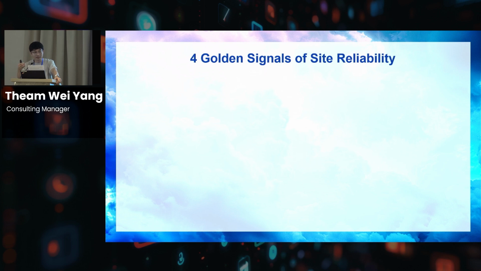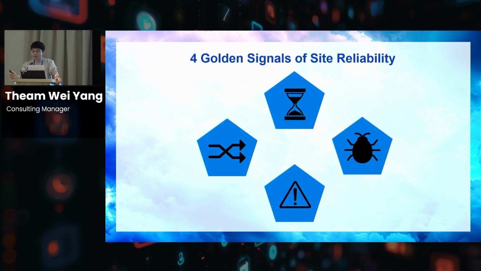With observability in place, what you should actually look out for during your DID, your detect, your identify, and your diagnose? So actually, there are 4 main signals, which are outlined by the Google Site Reliability Engineering team. For most cases, you will want to have these 4 golden signals on your overview dashboard. So first,